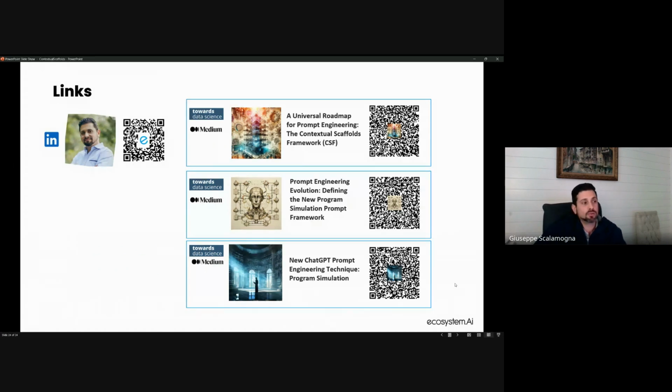Here are the links to the articles. They do follow a progression. The program simulation, new ChatGPT prompt engineering technique, program simulation was the first. From that, I extended out a framework for program simulation. And so the iteration now beyond that is, okay, why does that even work? Why does this type of an approach lead to this sort of very rich and fulfilling interaction with a model, which brought me to this latest one, which is this universal roadmap for prompt engineering contextual scaffolds, which was actually